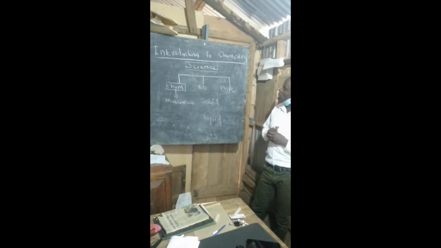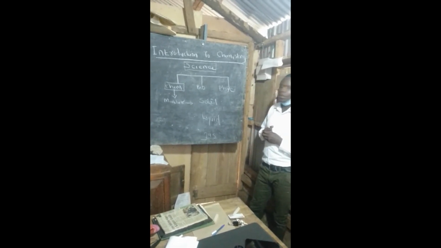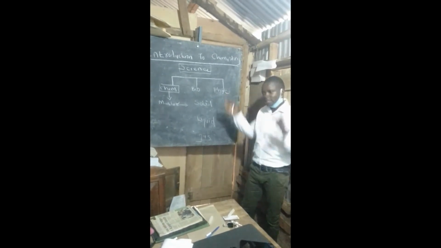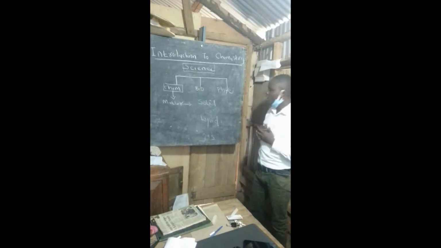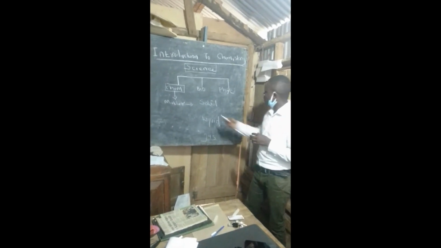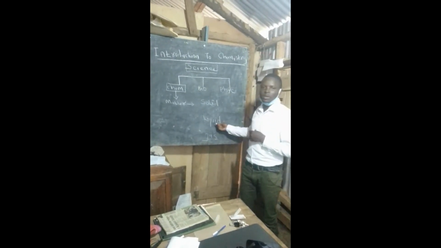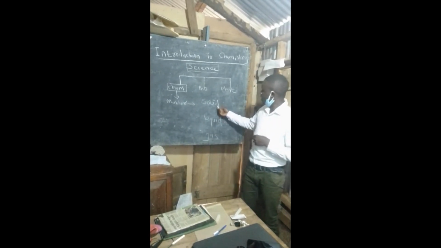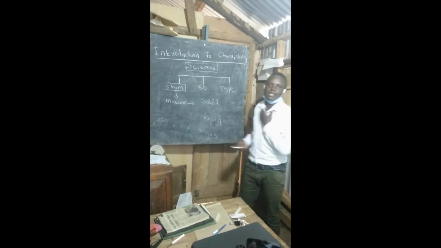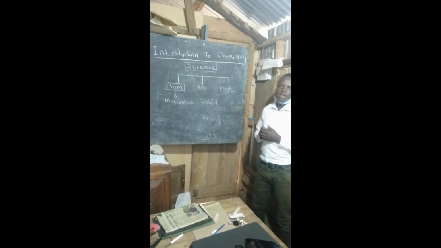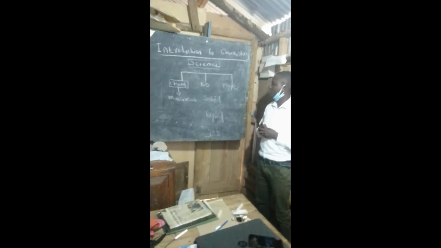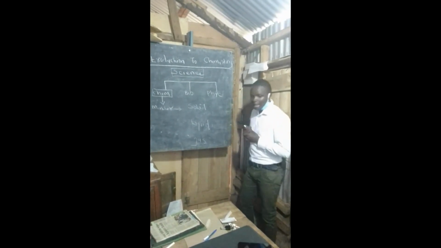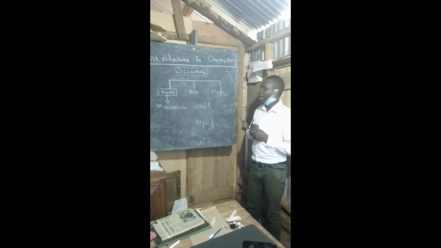Now, when we come to matter, there are 3 states of matter. Every matter is in 3 categories. We have solids, we have liquids, and we also have gas. Now, what are solids as we are talking about in terms of matter? Solids, these are substances with properties like